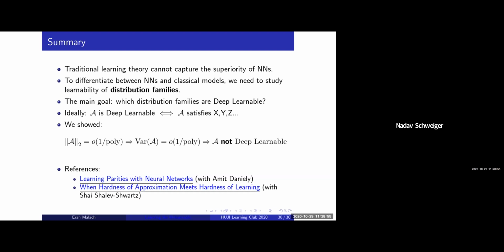Can I ask a question? What was the motivation? What drove you to choose the definition of distribution family? How did you get there? I see the value, but